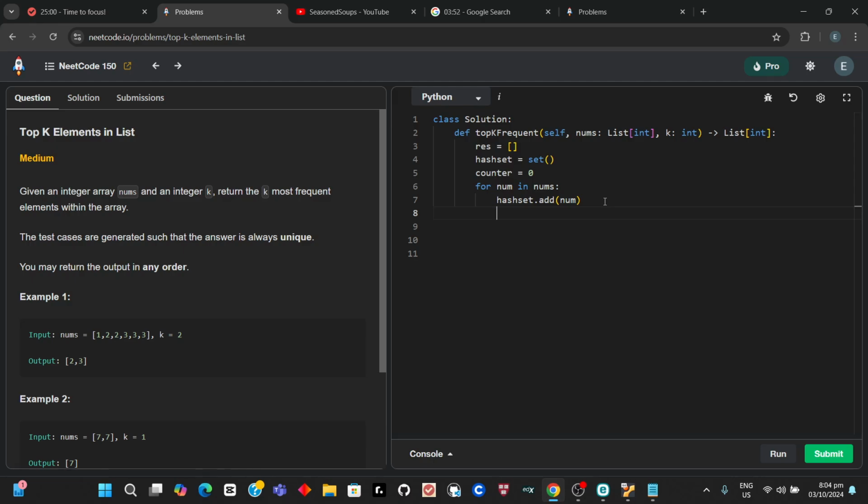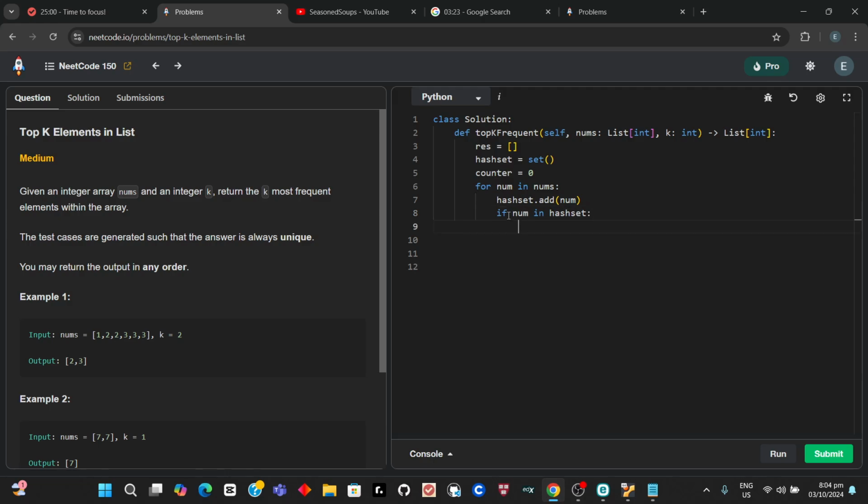And this is confusing as hell, and I feel quite lost. So we put the num in the hash set now. And what's next? If num in the hash set,